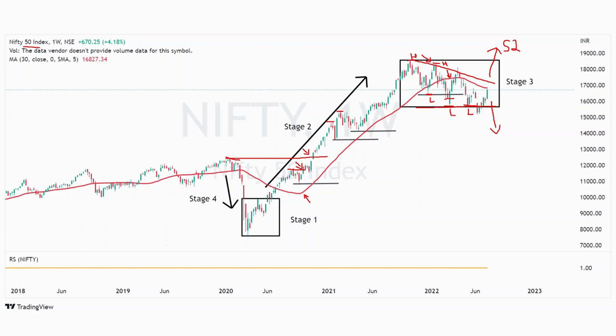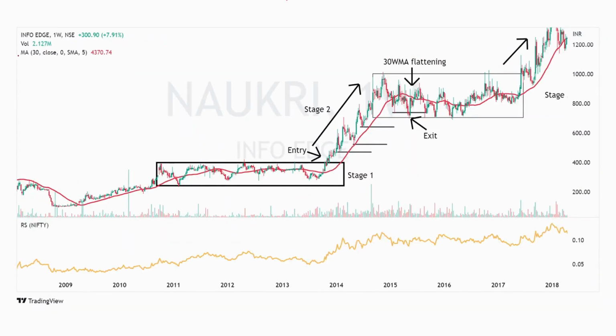I think one more example I have. Yeah, so this is InfoEdge or Naukri.com, and this is an example from 2001 to 2014. So I wanted to show here that price can stay in stage 1 for a very, very long time, and the longer actually the better. That means that the base is much stronger, and the move that comes out of such long bases is also very strong. So actually over here it stayed inside this range from 2010 end till up to 2014,